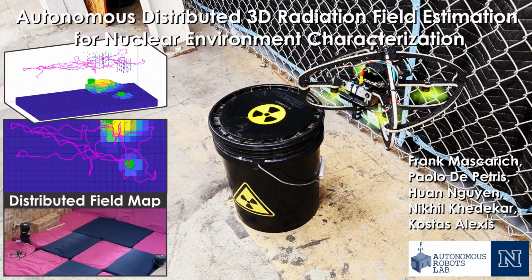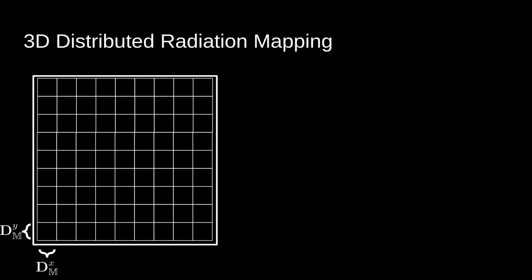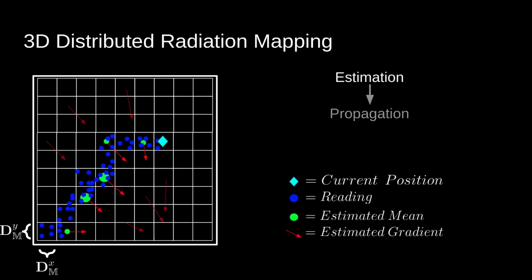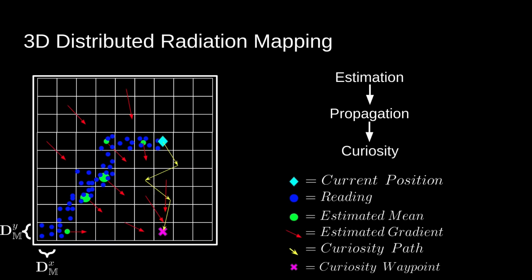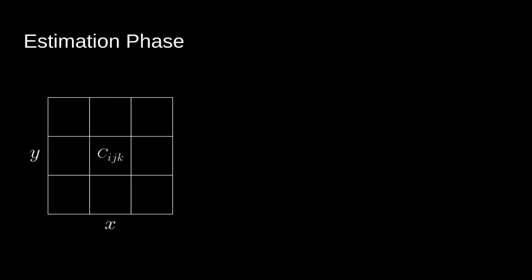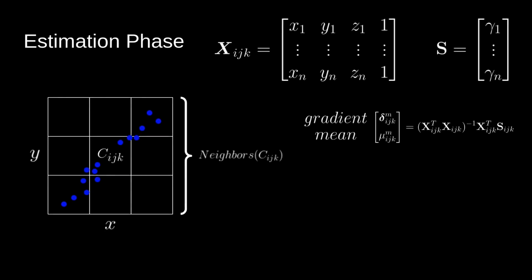In this paper, we present a method for mapping distributed radiation fields in 3 dimensions. The distributed radiation mapping algorithm operates over a discretized grid in 3 phases: estimation, propagation, and curiosity. In the estimation phase, linear regression is applied to the readings from a neighborhood of each cell to derive an